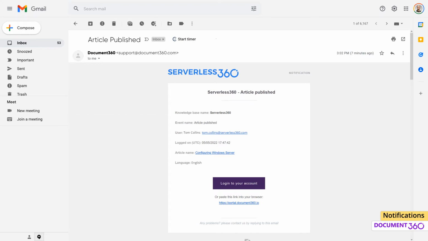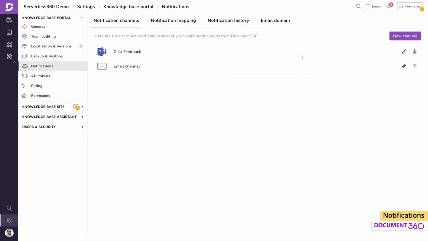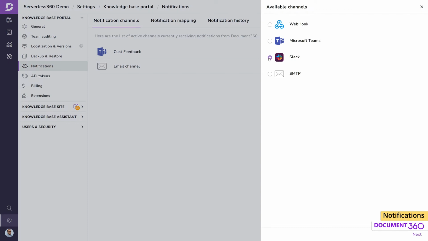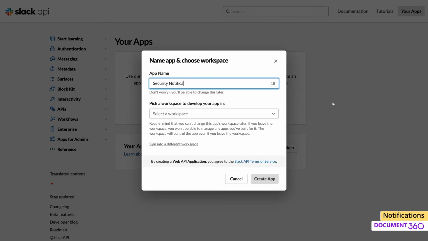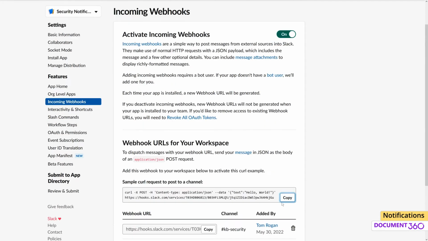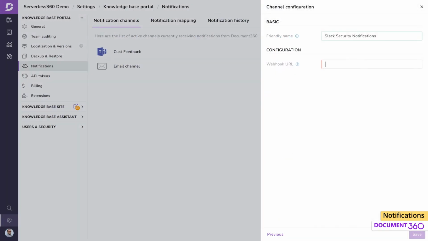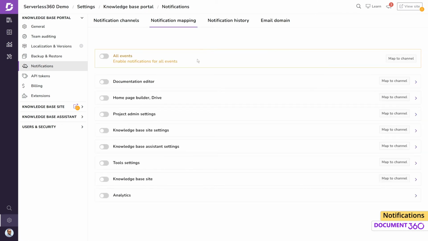For the second use case, let's configure a new notification channel in Slack to monitor our security access policies as soon as a team account is added, updated, or deleted. Add a new channel, and you can give it a suitable name. Next, we'll need to input the webhook URL. Within Slack, activate an incoming webhook to the Slack workspace for the required channel. Copy the webhook URL, paste it in Document 360, and save,